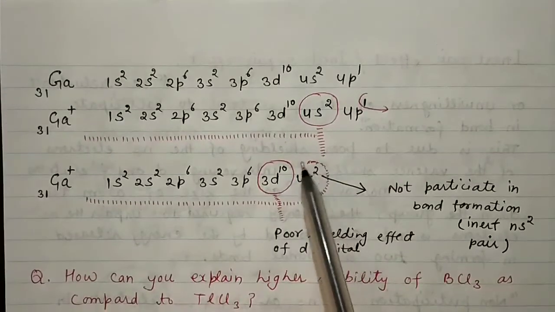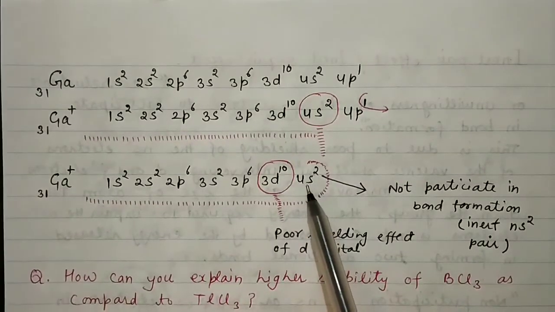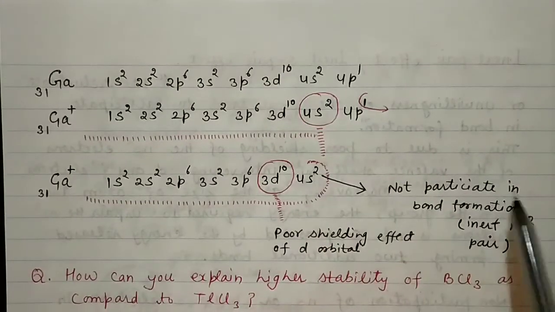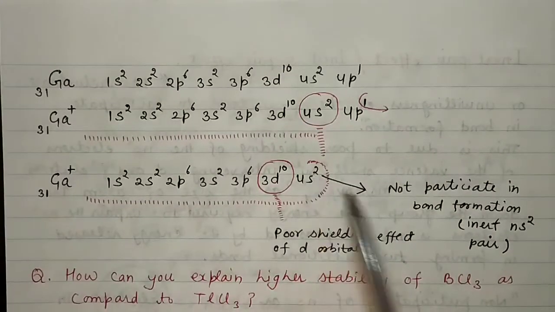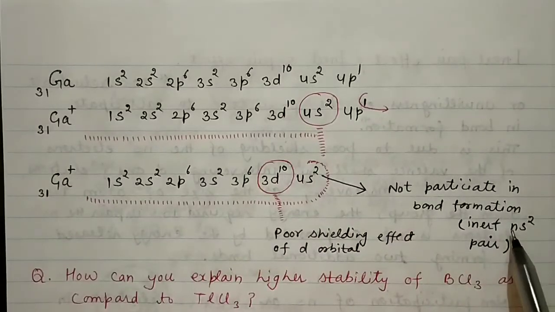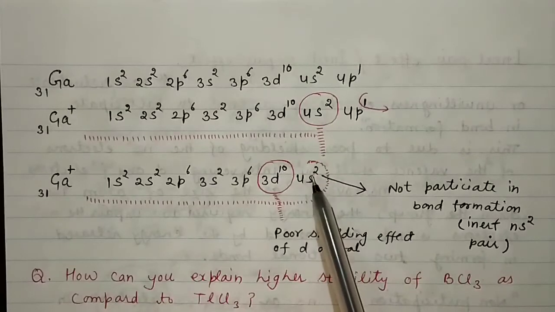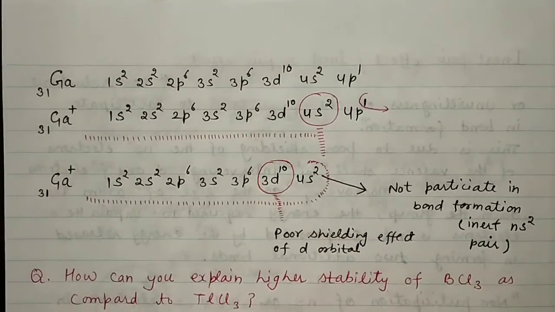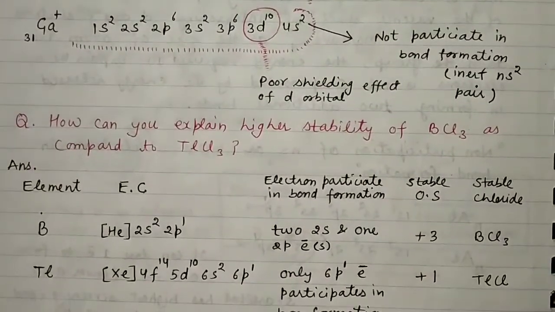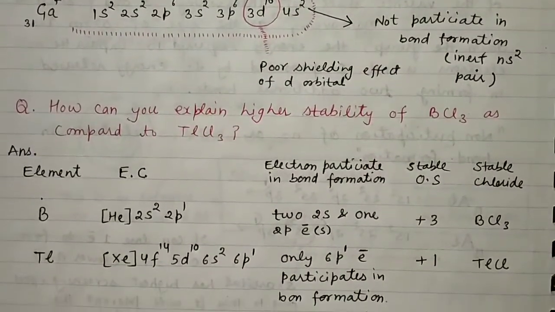That's why these two electrons will remain paired, so they are not going to form the bond. These two electrons of the s orbital do not participate in bond formation because they will remain inert, so this pair will remain inert. So this is called the inert pair effect. So we have a question for this, and the question is,